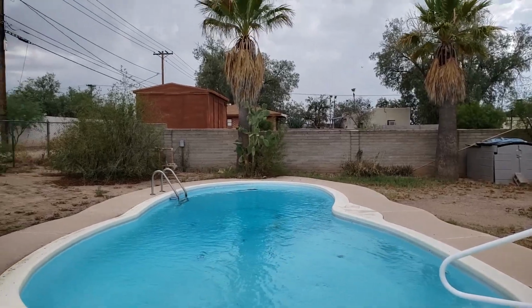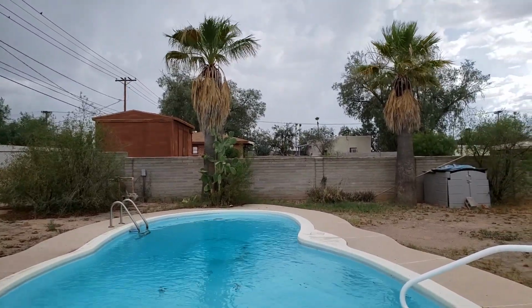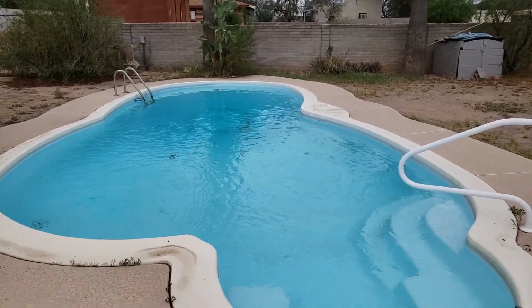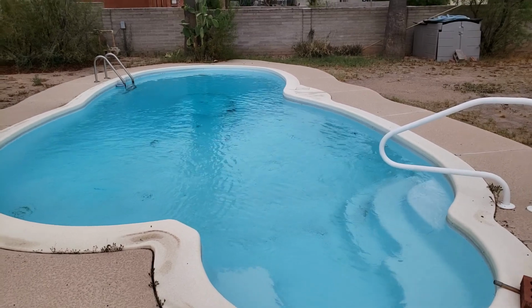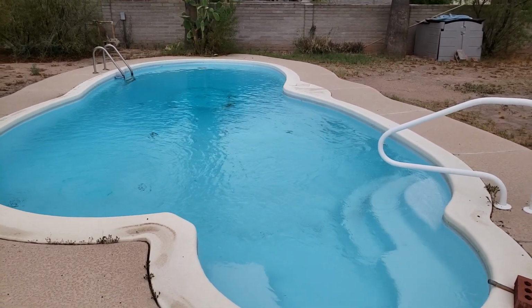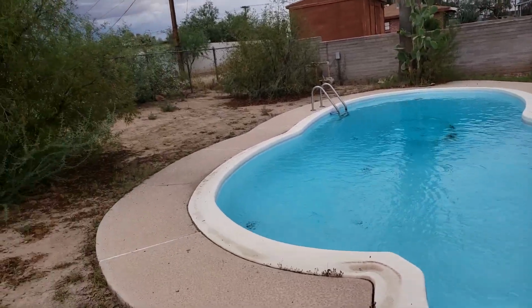And the ground is sinking because the groundwater is being sucked down, and naturally the soil on top is going to be falling into that new zone that's been opened up where the water used to be. Nice pool, but good grief. So anyway, guys,